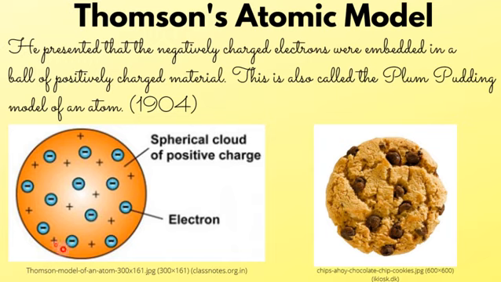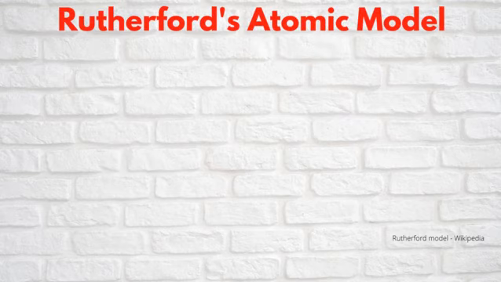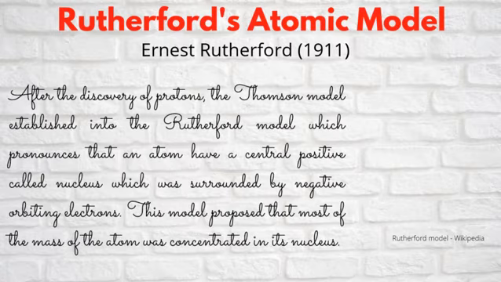So here, in this model, you can see the positively charged material wherein electrons are embedded. Okay, so that is the Thomson atomic model. Another model of an atom was devised by Ernest Rutherford in 1911. What is that? After the discovery of protons, the Thomson model developed into the Rutherford model, which states that